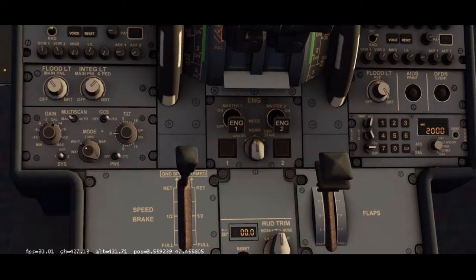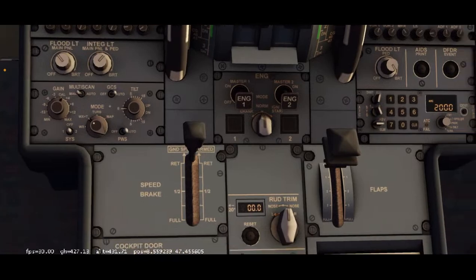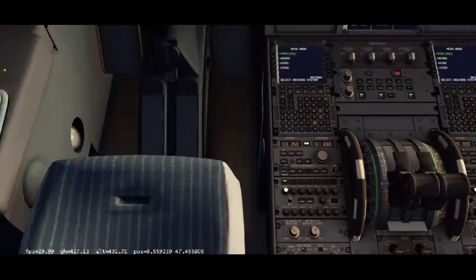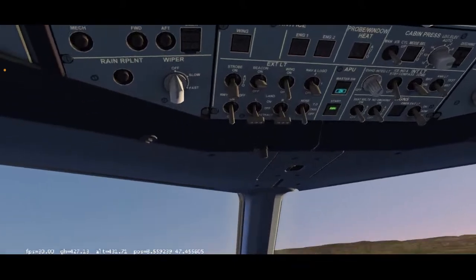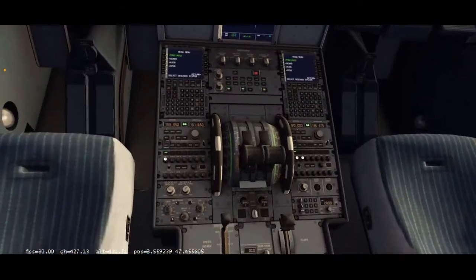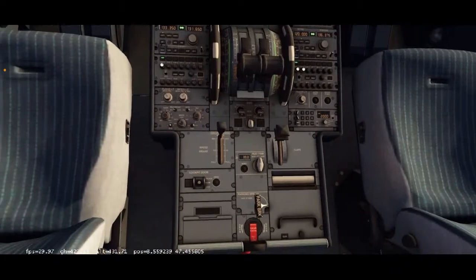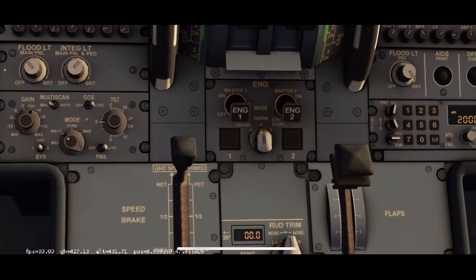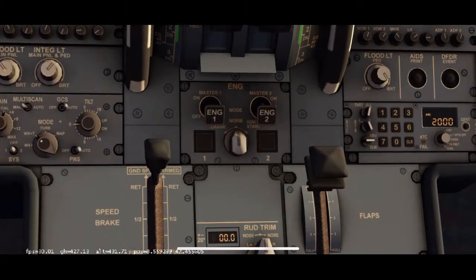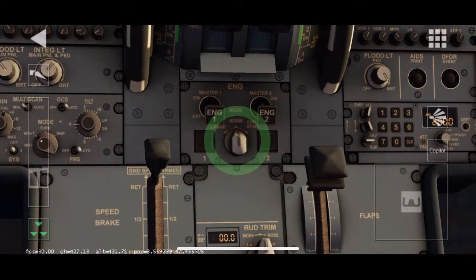Beacon light is on. Geez, now my OCD is like, oh no, you turned off the beacon light. No, beacon light is on. We did that in our checks in the beginning. So, you got your engine 1 there, your engine 2 there. You're going to put this switch right there. It's on normal right now.